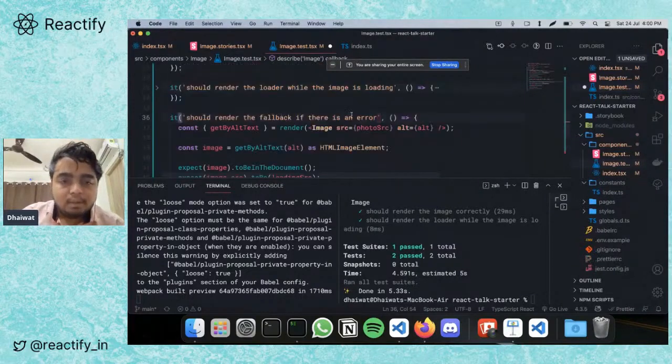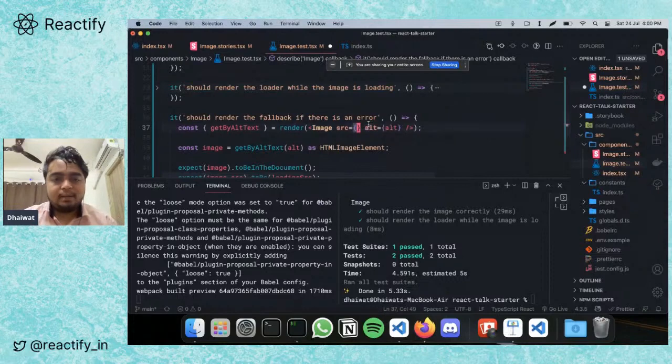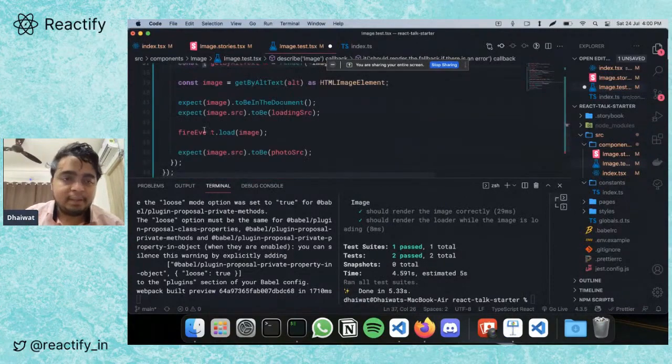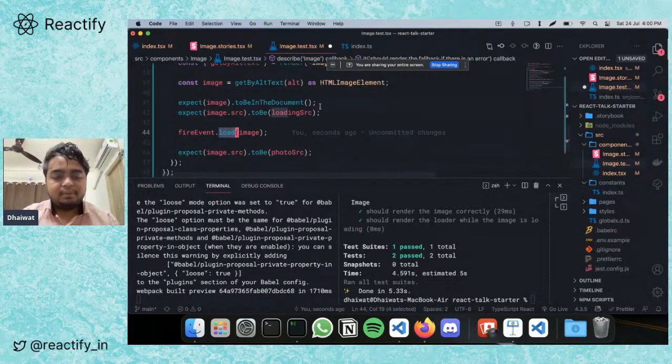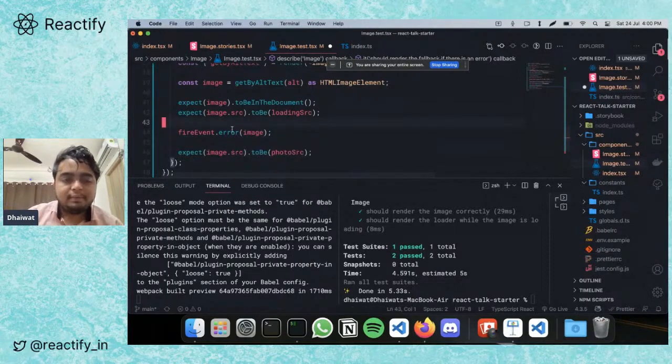Simple enough. Let's pass something that breaks it. Doesn't really matter because we will be manually breaking it anyways. So instead of doing this, we'll be firing the error event.